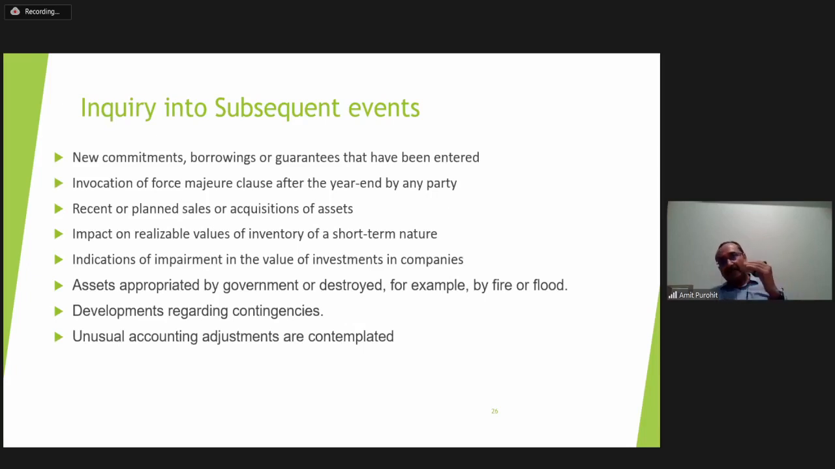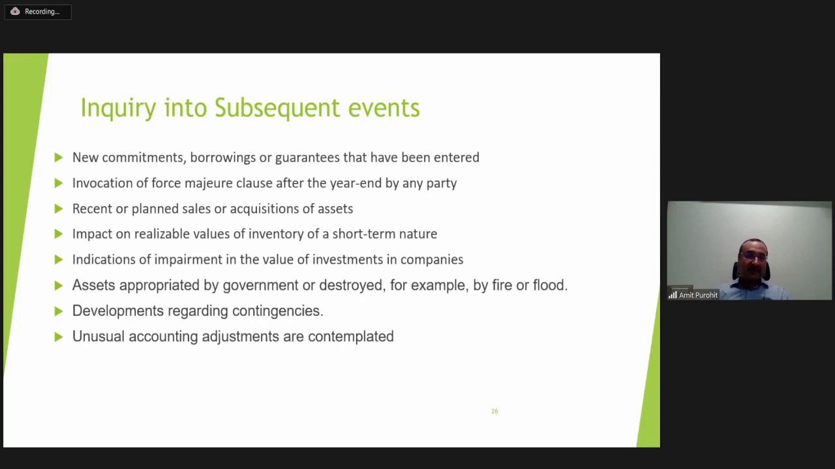Now friends, while applying this particular standard on auditing, it is incumbent upon the auditor to make certain inquiries into subsequent events. Now, given below is a list of certain events which can trigger subsequent event review by the auditor. Like there have been new commitments, borrowings or guarantees that have been issued or entered, invocation of force majeure clause after the year end by any party, recent or planned sales or acquisition of assets, impact on